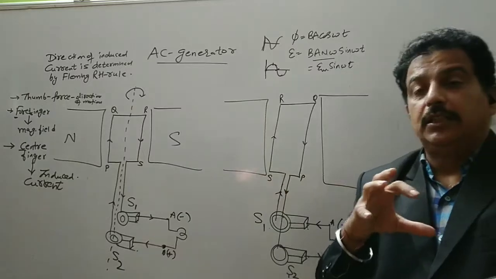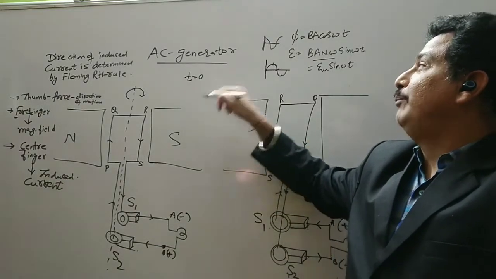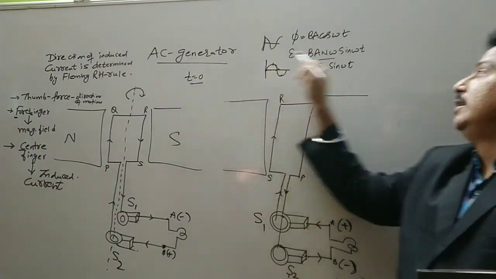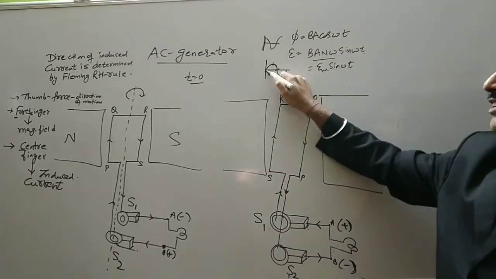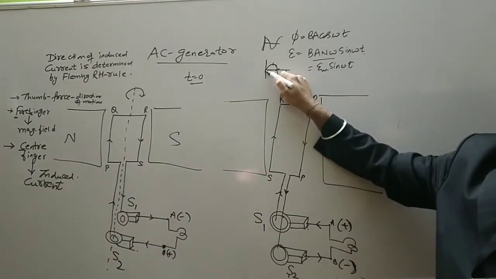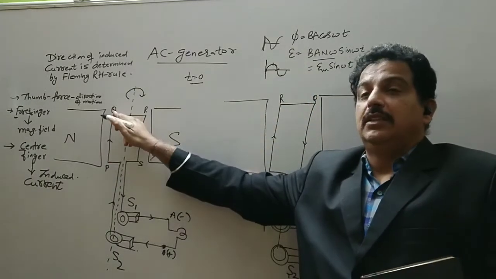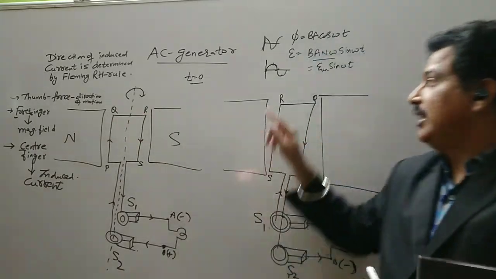Let us start at t equal to 0 and plot the graph of induced EMF. When t is 0, sine 0 is 0, so we will start from this. Then the current in PQ will increase inward. So while plotting the graph, we will start from this.